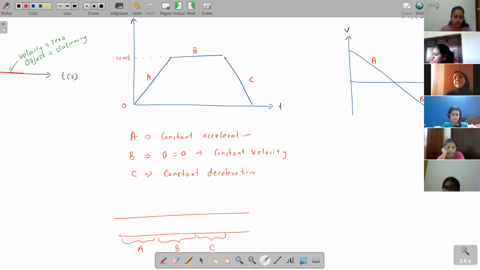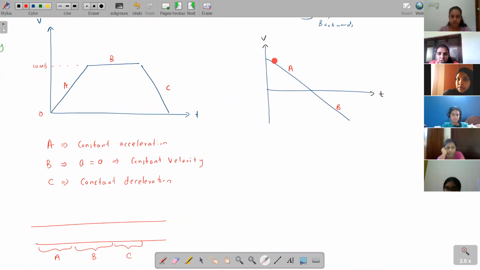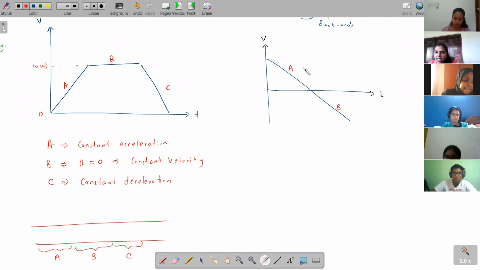Okay, it's like this, children. Now when we come to the second graph, you can see in stage A it's a constant gradient graph. Constant gradient means you are having a constant acceleration or deceleration. Listen to this very carefully: the acceleration or deceleration depends on whether your velocity is increasing or